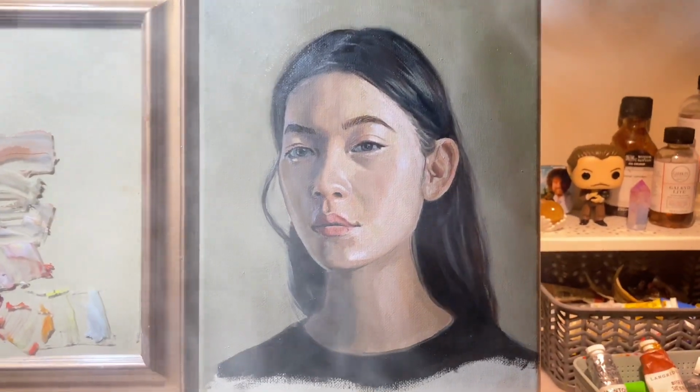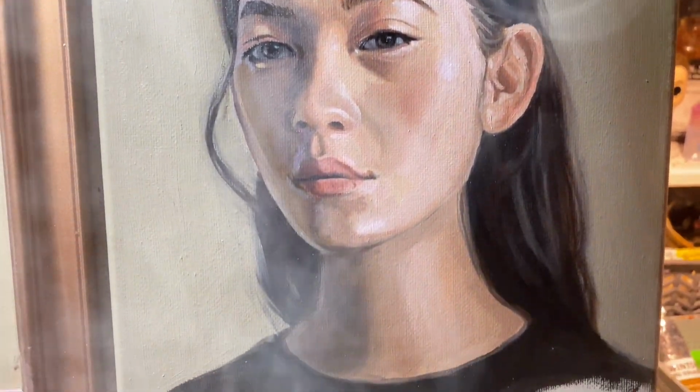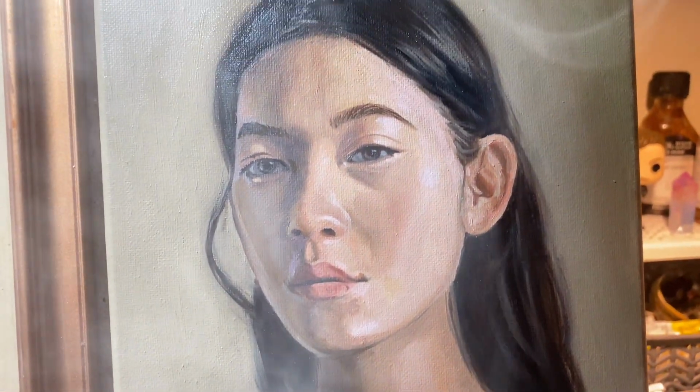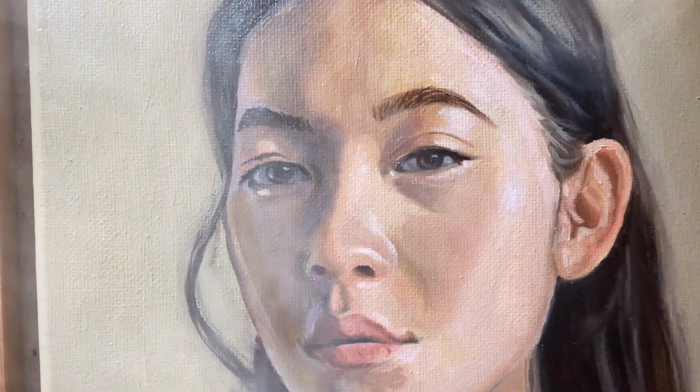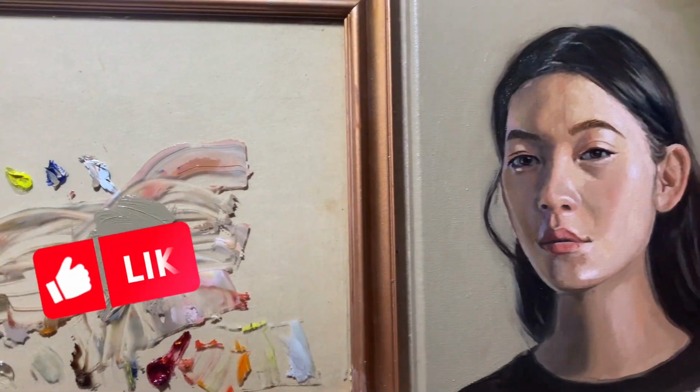And speaking of my next painting, I am working on a step-by-step beginner's guide to the basics of oil painting simplified. Stay tuned for that video